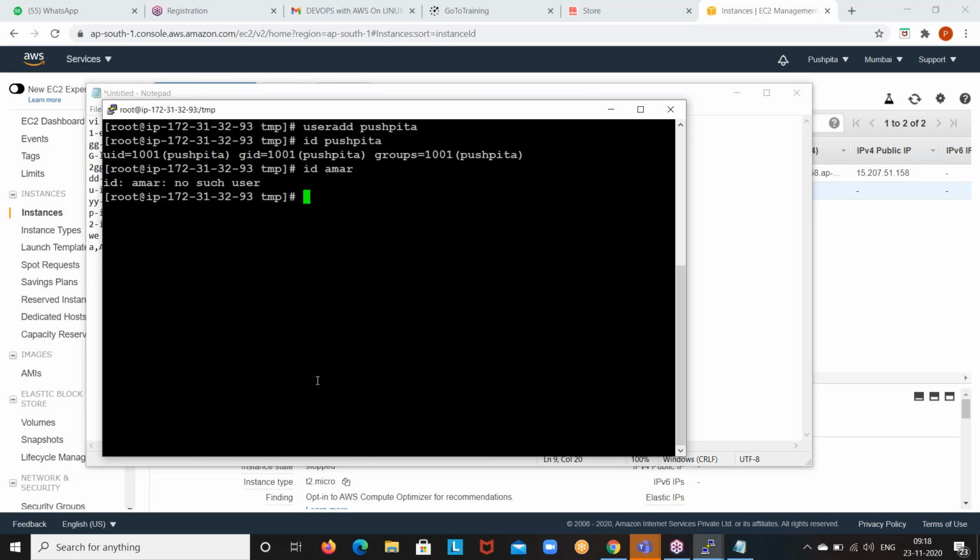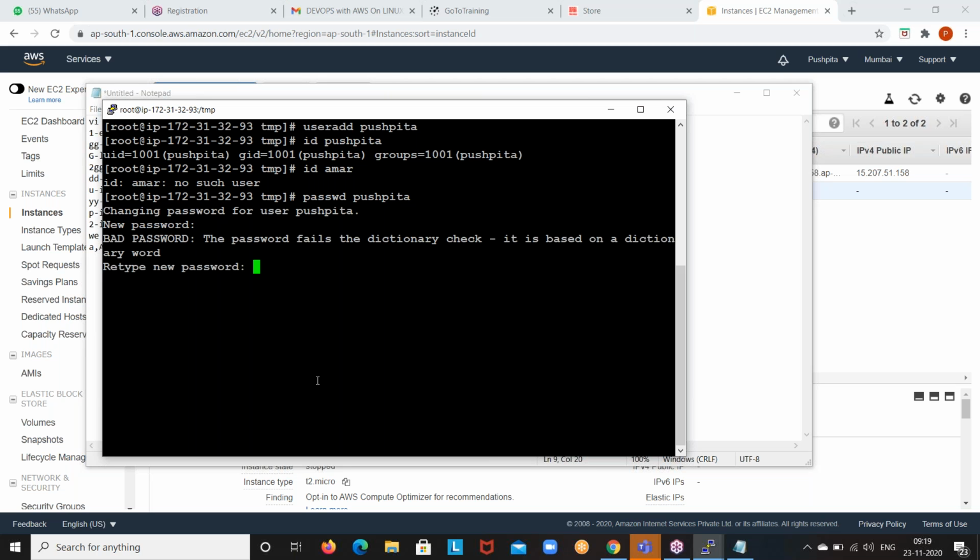Now, how to set a password? passwd space username. Which user would you like to change the password for? Enter. Now blindly type your password. Enter. Now retype your password. The same password again. Whatever you typed above, retype the same password now. Not a different one. Okay, that's great. So you successfully changed your password now.